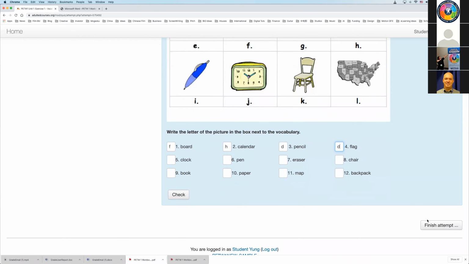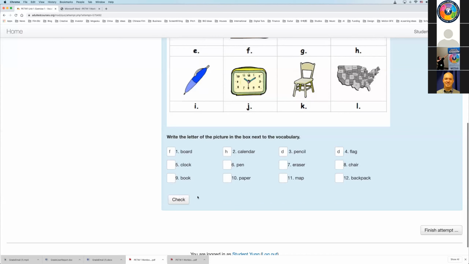Here are two buttons. One is check and one is finish attempt. Let me explain what they do. When a student has finished an exercise, to submit the exercise, the student clicks this button entitled finish attempt on the lower right corner. But with this exercise, there's also a check option here.